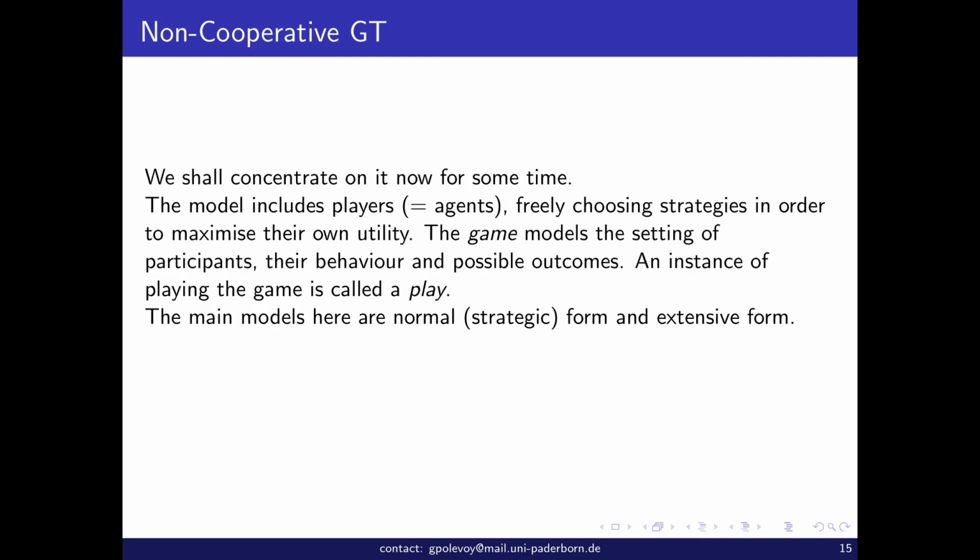So the game, instead of players, the strategies, the utility description, all that, the description of reality, so to speak, the rules of the game. And one time we run it, that's called the play. So I choose this, you choose that, that's the play. Another day we do something else, that's another play.